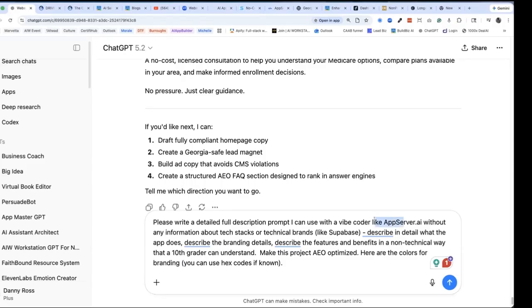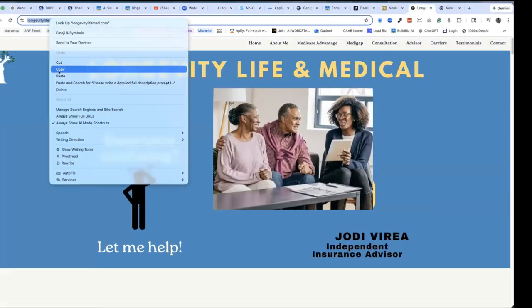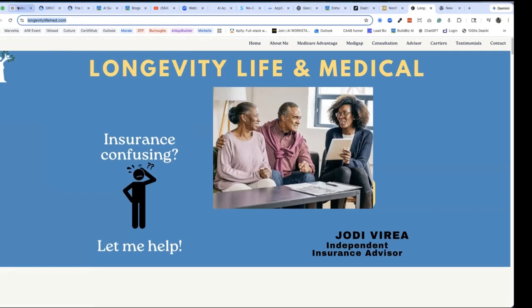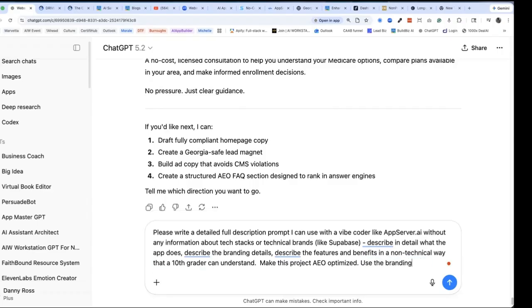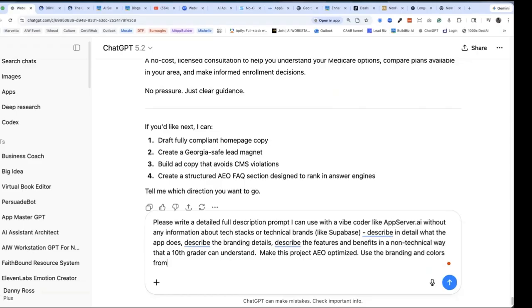Please write an AppServer.ai prompt that I can use in any tech stack or technical background. I'm telling it I don't want it to be overly complicated. Make this project AEO optimized. Here are the colors. I'm going to tell it to use the branding and colors from this website, and give it the website. Boom, it's in there. And now it's going to build a prompt